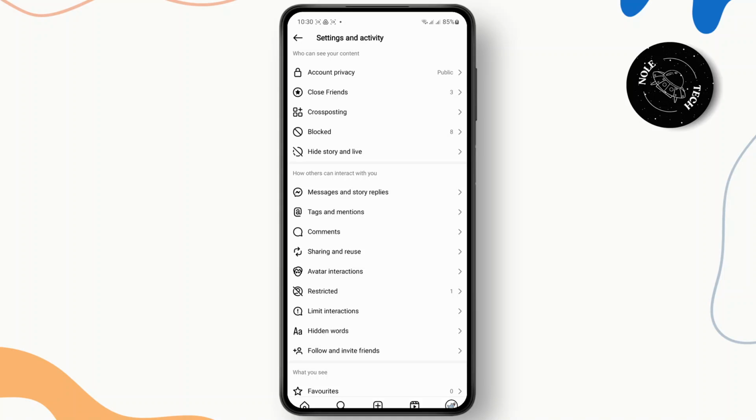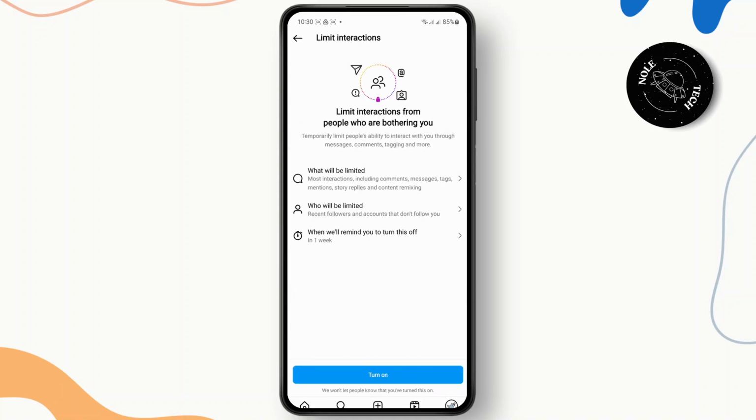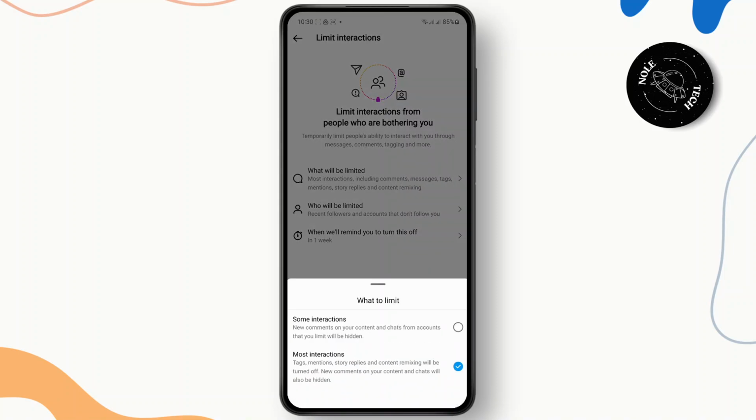Then you're going to head over to limit interactions. And here what you can do is what will be limited, who will be limited. Here you are going to choose this. So on what will be limited, I'm going to select the second option here, like tags, mentions, story replies, content